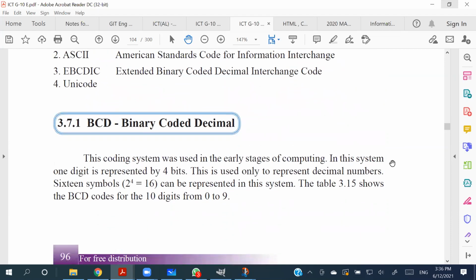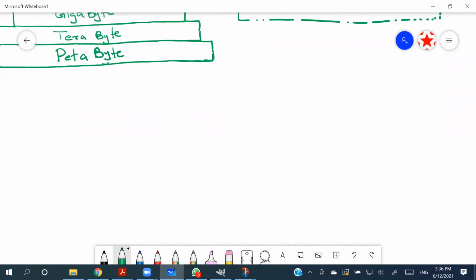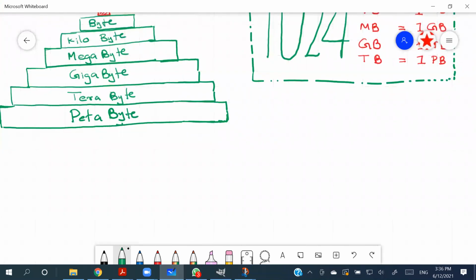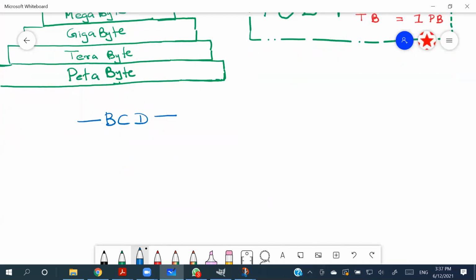Now, this BCD is the oldest coding system that they used inside the computer. In the olden days of the computer, they only used numbers, right? The decimal numbers. Now, when it comes to the BCD code system, the decimal numbers from 0 to 9: 0, 1, 2, 3, 4, 5,